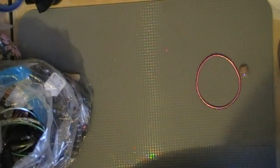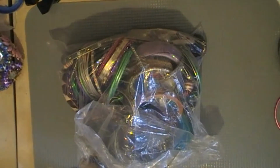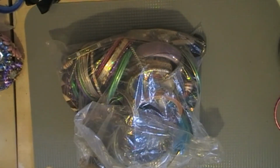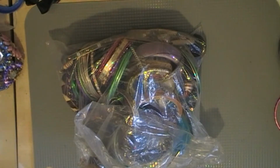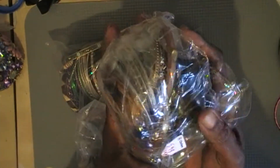I wanted to share with you some charity store finds and what I normally do with them. So I've been going to the charity store, my local one, and they usually have bags like this. It's usually kind of just jewellery, basically. I think this is the biggest bag I've got so far. They're normally like this size, and this cost about £6. Basically they have bits of jewellery, bangles,